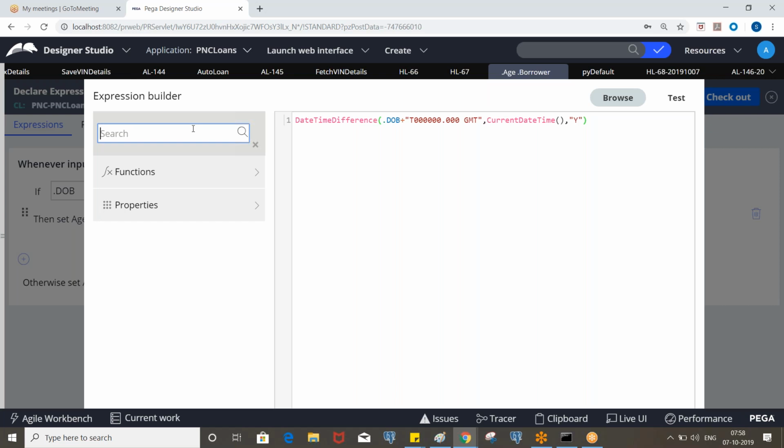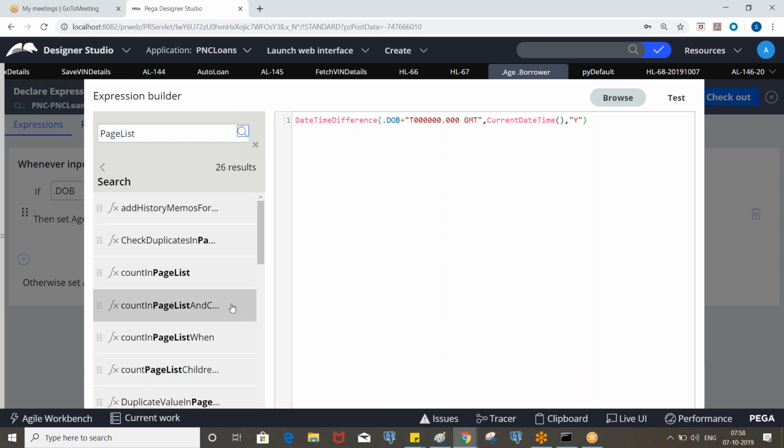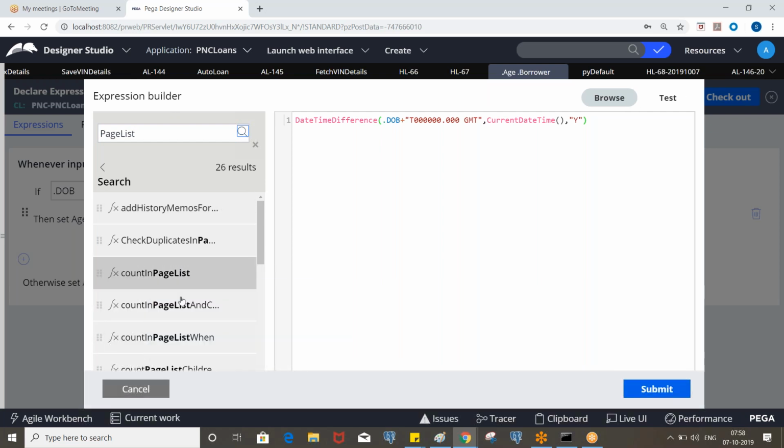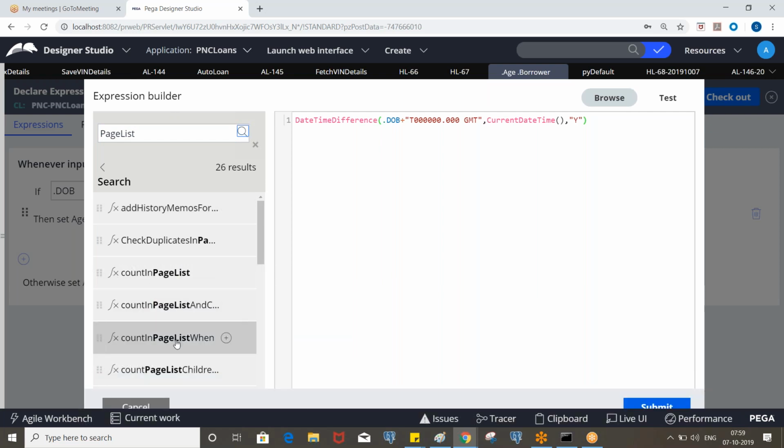We have a lot of functions available, so we'll work on a few functions going forward. So count in page list, like the number of pages available in the page list. Okay. And index in page list.